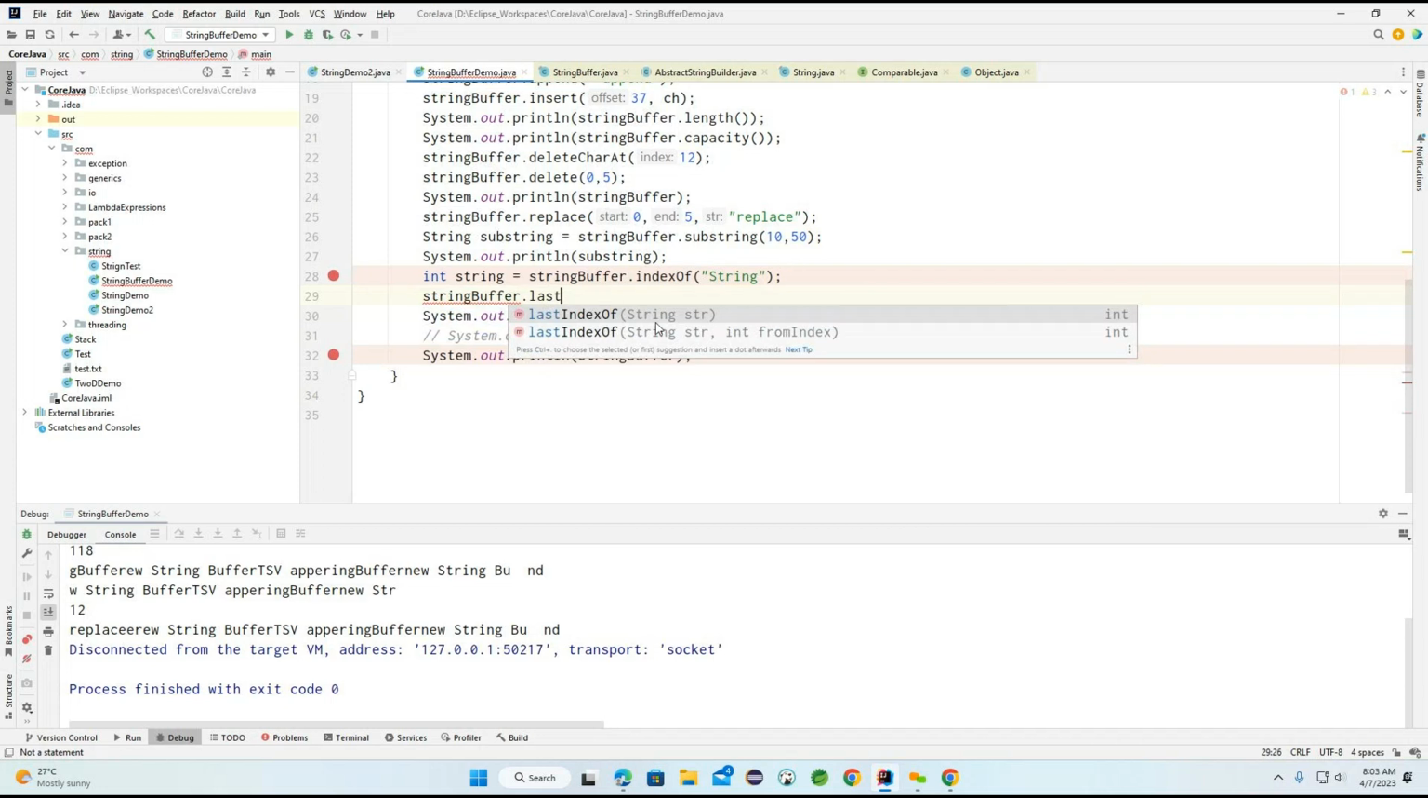Now if you observe, lastIndexOf is expecting the first parameter as a string here. The same lastIndexOf is expecting a string with an index. So carefully observe what we need to understand here. In the indexOf method, like the first method, only one parameter is expected, something like a